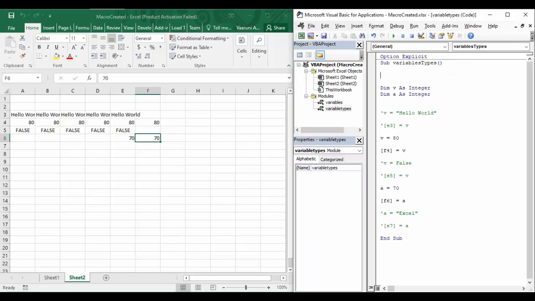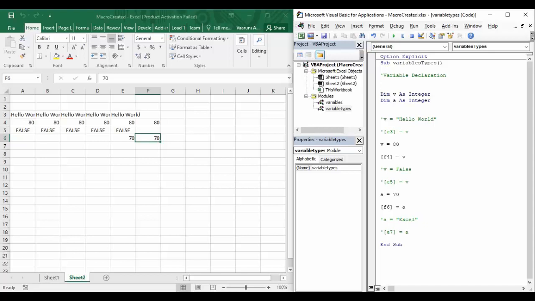Another usage is that you can specify what a piece of code is doing. Like here we are declaring a variable, so you can specify it with a comment. You can write this single quote and then write the variable declaration. And if you want a comment to span multiple lines, simply press enter and again press the single quote key, and you can write the comment. Whatever the number of lines may be, you can simply write the single quote, and the comments would be added.